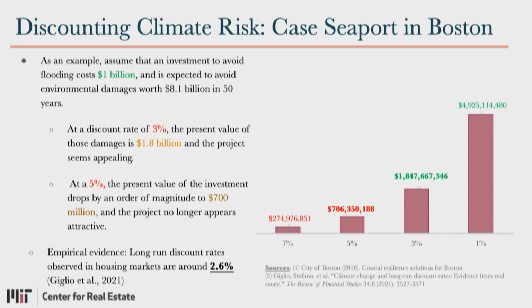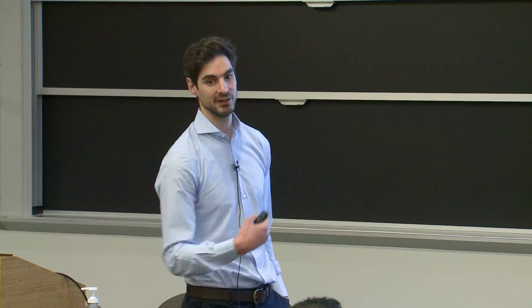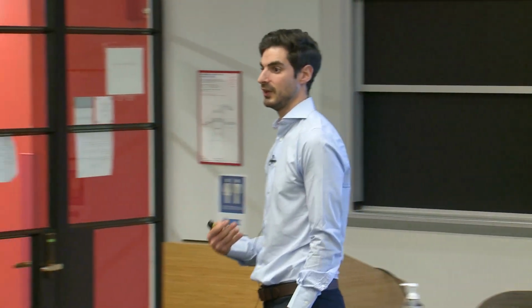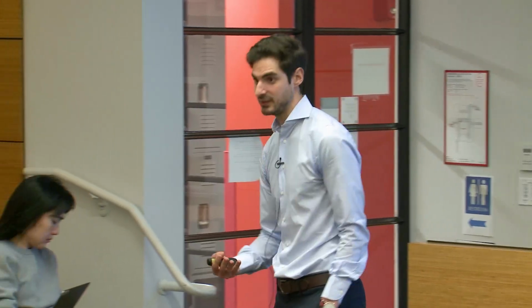Anything below 4 will make those damages count enough at present, and make this number big enough to be above 1 billion, and therefore make an NPV positive solution. And that's where a lot of the discussion and a lot of the decisions need to be made when it comes to mitigation, resiliency, and so forth. This is not mitigation in terms of reducing CO2 emissions, because that would be an extra loop of complexity, but already just thinking about resiliency versus expected